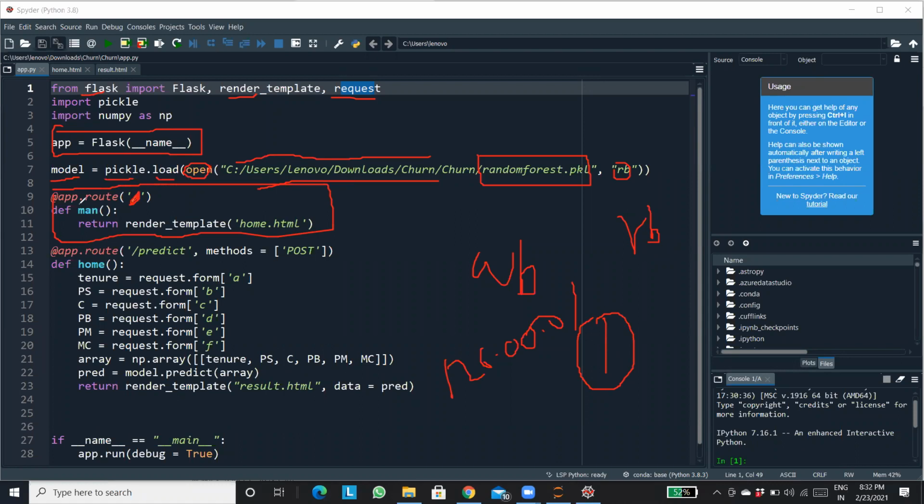So here I'm defining a function, and I'm putting return render template home.html. So basically this command is going to render my template. Which template? My home.html that I have created. Understanding my point, how this particular main function is working?